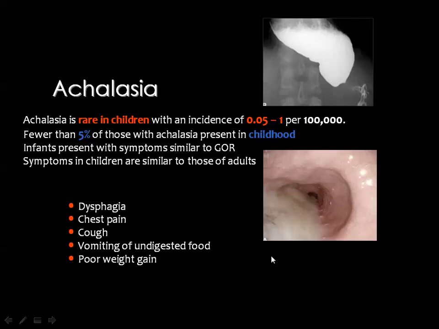And the symptoms of achalasia in infants are similar to gastroesophageal reflux, while the symptoms in children are similar to those of adults, including dysphagia, chest pain, cough, vomiting, and poor weight gain. Achalasia results from a sort of neuromuscular incoordination in the distal part of the esophagus, which will not open in front of the bolus. Then you've got tight narrowing of the distal part of the esophagus with consequent considerable dilatation